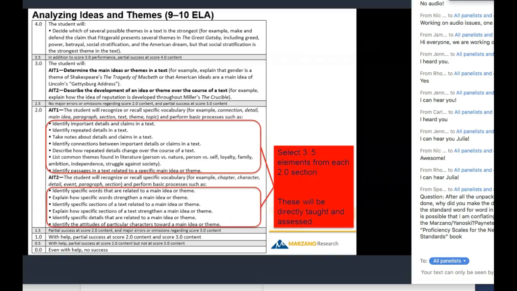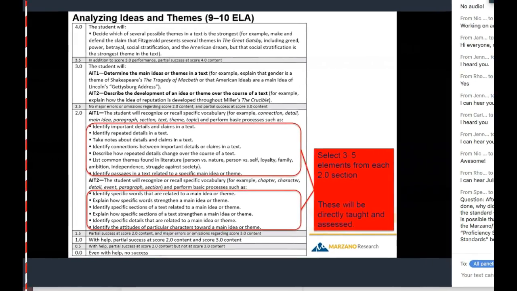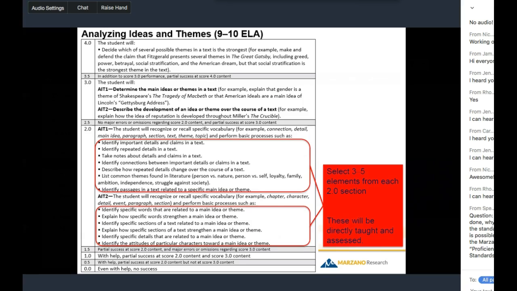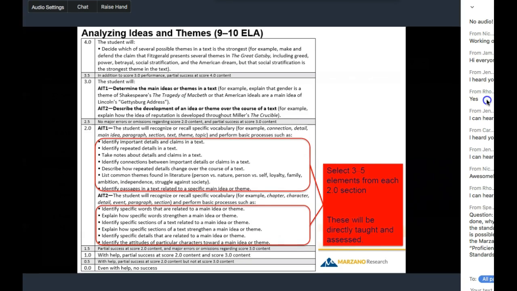3 to 5 bullets or elements from each 2.0 section. And these are things that you're saying, this is what we're going to directly teach and assess. Now, for a proficiency scale to really be powerful, you want your customized version, you want everybody to use the same customized version. You don't want one teacher to customize it one way and another teacher customizes it a different way. So you want to do your customization work school-wide or district-wide at the beginning, and then once it's customized, you stop calling it a menu, and everybody commits to, this is what we're going to directly teach and assess